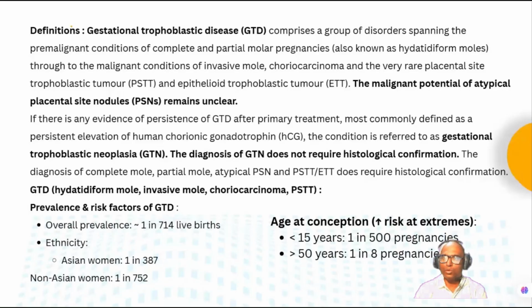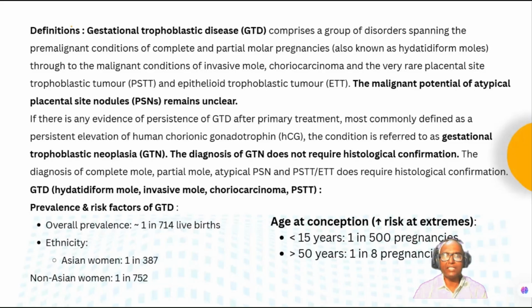So it includes the group of disorders spanning from pre-malignant conditions of complete or partial molar pregnancies, also known as hydatidiform moles, through to the malignant conditions such as invasive mole, choriocarcinoma, and very rare placental site trophoblastic tumor and epithelioid trophoblastic tumor. So it includes everything from complete molar pregnancy, partial molar pregnancy, invasive mole, choriocarcinoma, and PSTT and ETT. So this is the spectrum of GTD, and the malignant potential of atypical placental site nodules remains